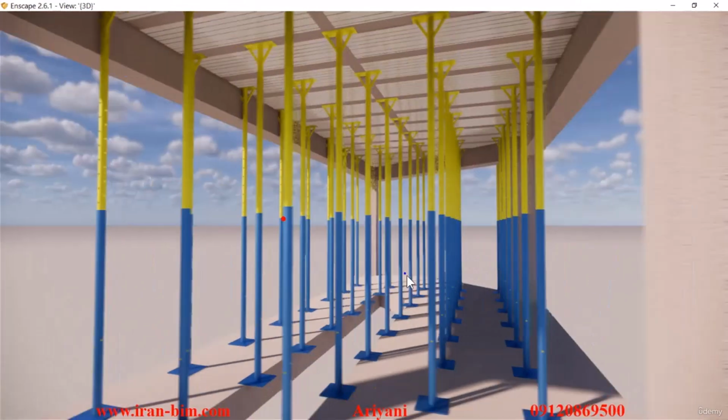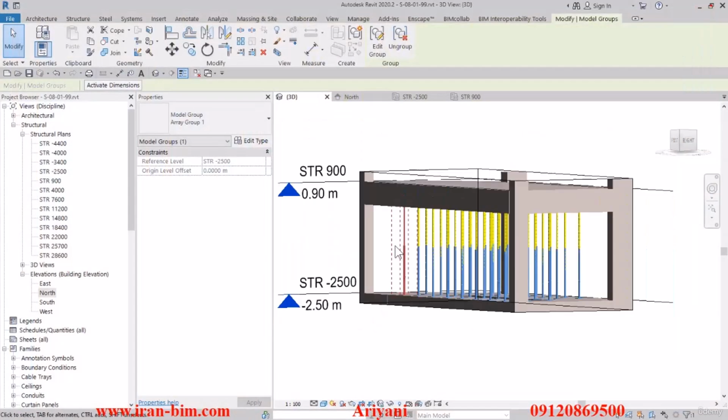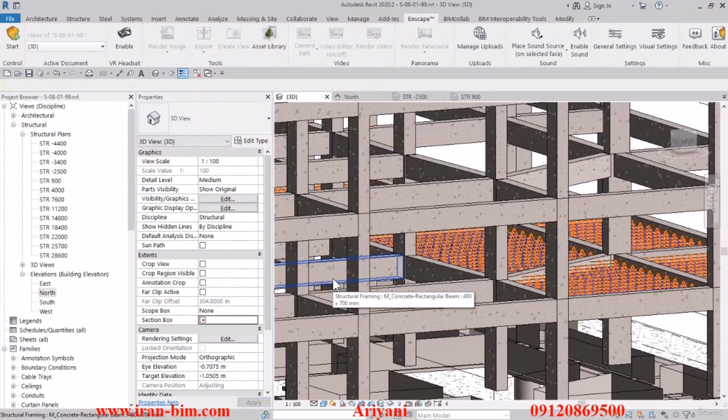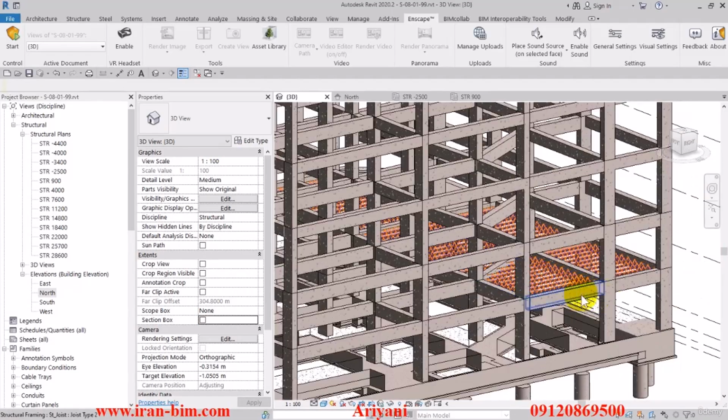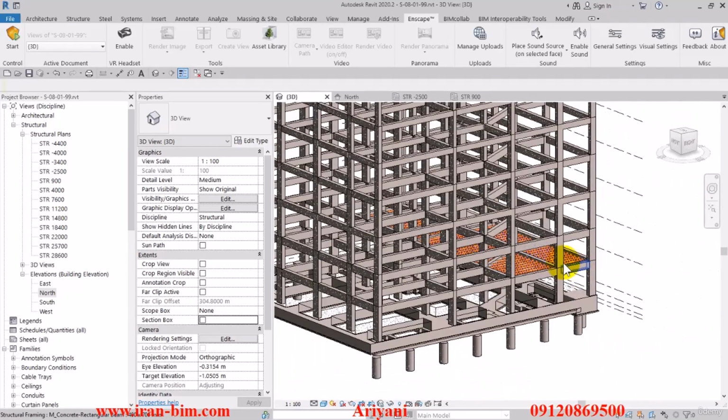So up to this point, we've discussed the modeling of beams, the tie beams, and other cases like these. And for example, other parts like slab and polystyrene. So here I'll uncheck the section box, and we've also discussed how we can link up the columns and the floor and the slab as well. So we need to continue this work for the rest of the project, and then we get to the placing